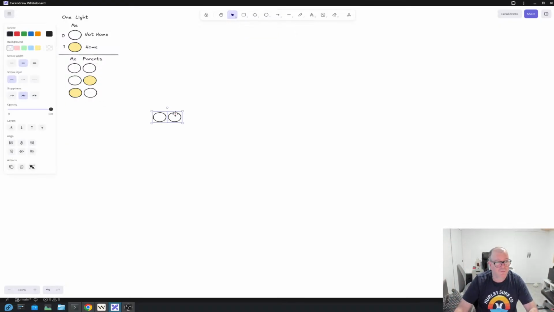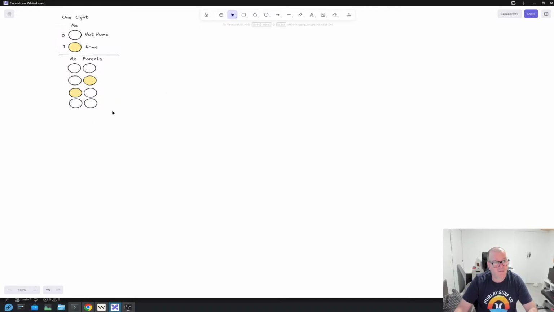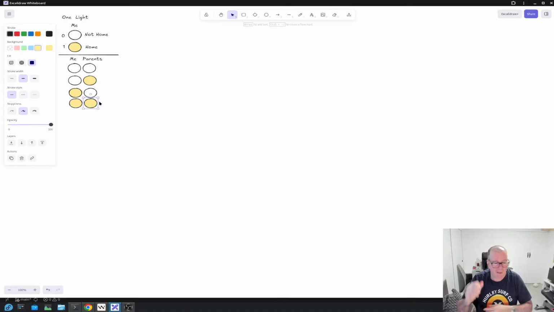And we have another situation that is like this. Both lights are on. So if both lights are on, that means I am at home and my parents too. And then that information can be used to, okay, I can go there, I can use the front door, I can already be prepared to salute them and all that stuff. Or maybe I just go home. I bypass that day. Let's do this.